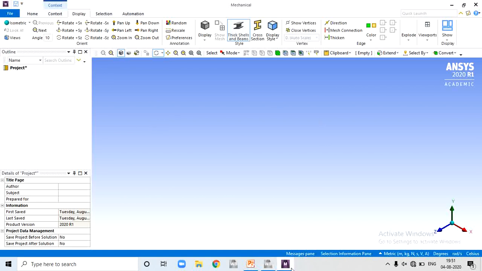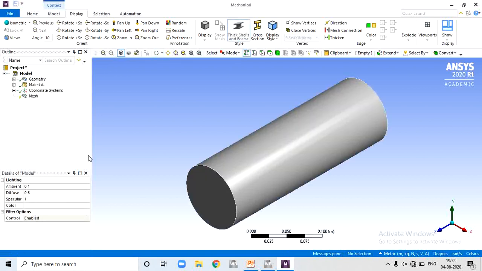The icon M for model appears. Here you can now see the problem is ready for working. For modeling, in the left corner this tick means geometry is okay, material is okay, then coordinate is okay.